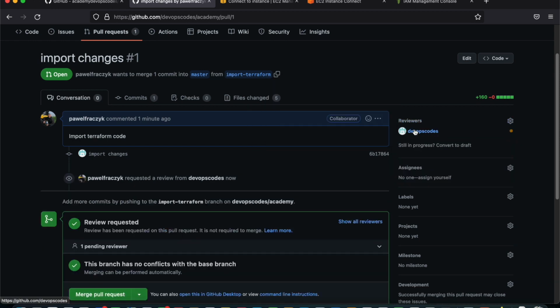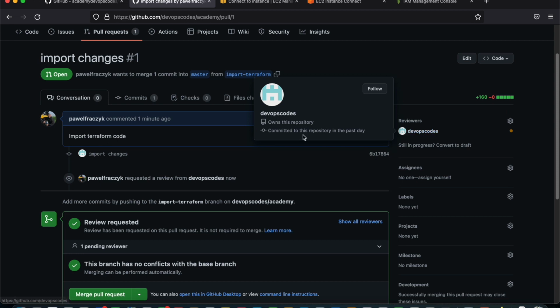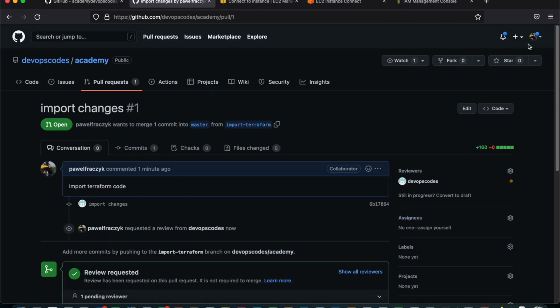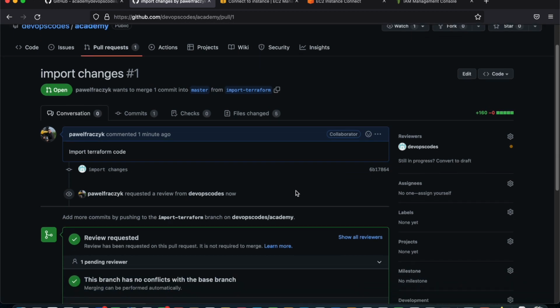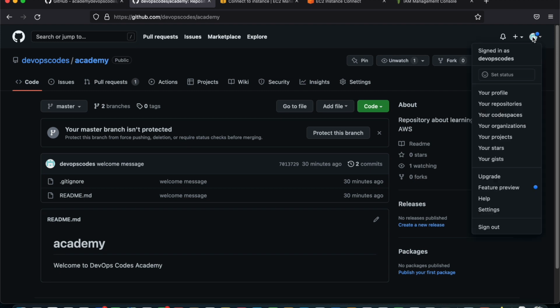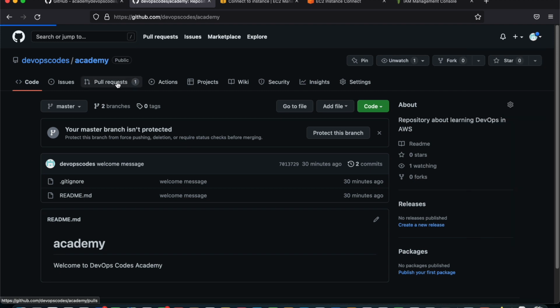So looks like I added the user DevOps Codes, the owner of this repository, but I am still logged in as my private one. So I could log out, log in, then I could come here and maybe we can try to do it. Just give me a second, I will switch. Okay, I'm back, and you can see now I am signed in as DevOps Codes. If I go to the pull request,